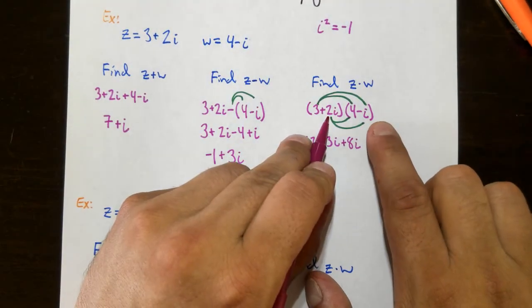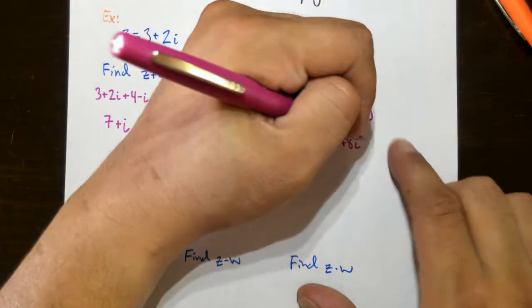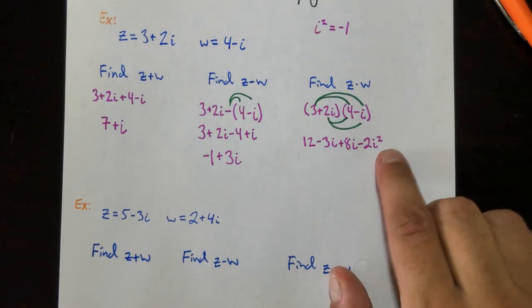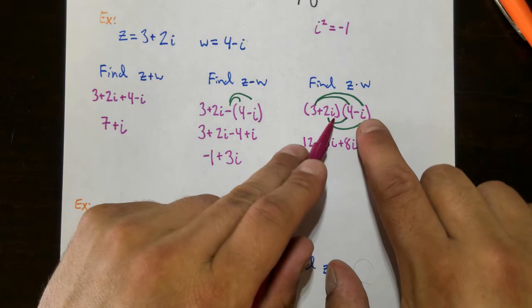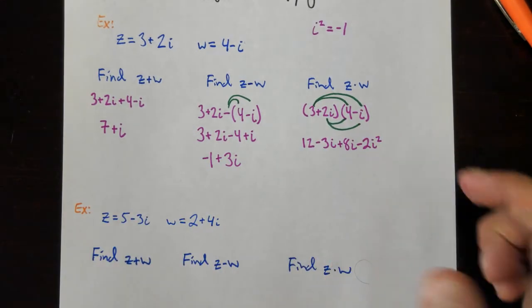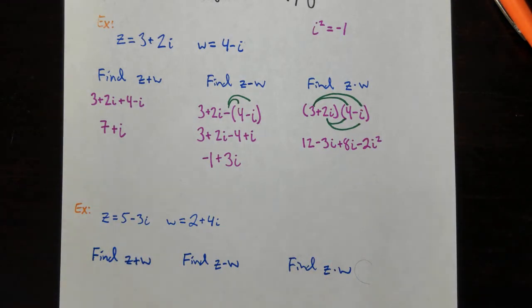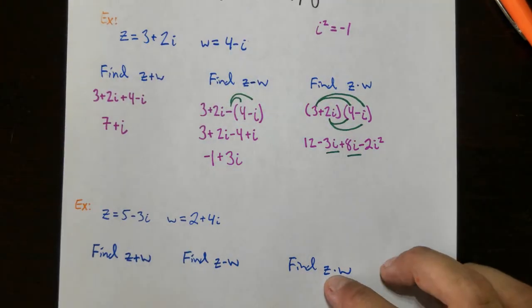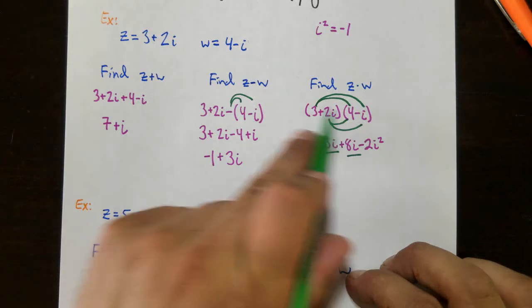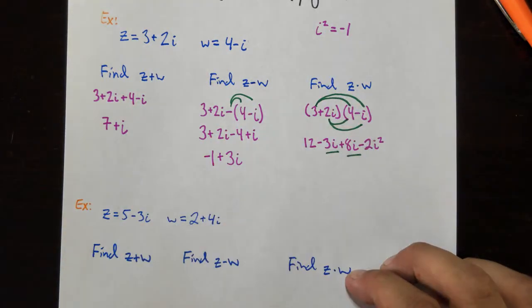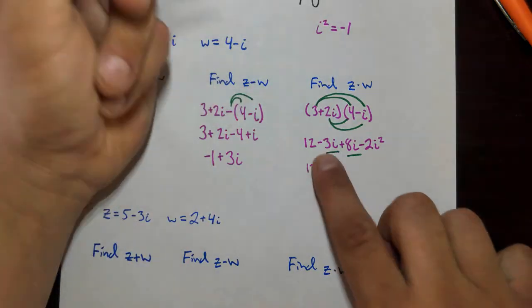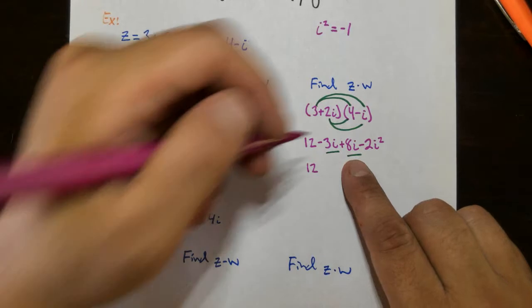And then 2i times negative i is going to be negative 2i squared. And we have to remember the i squared because it's i times an i, just like an x times an x is an x squared. So now you'll notice that we have like terms here, so we can go ahead and combine like terms. Hopefully this process for multiplication is very familiar because so far it's exactly how it is when multiplying binomials, which we've done. So it's going to be 12, negative 3i plus 8i is plus 5i